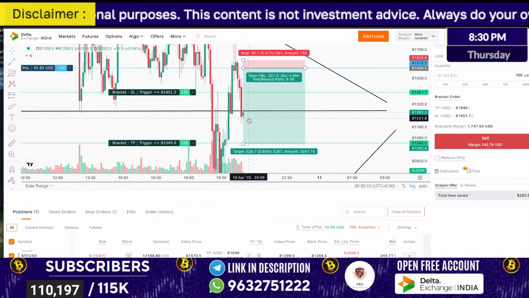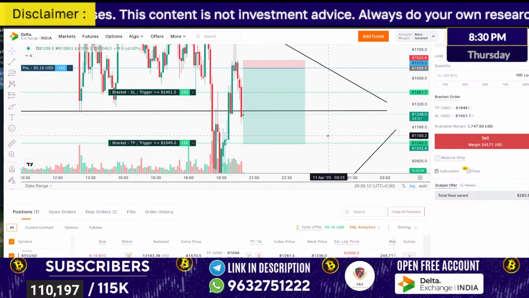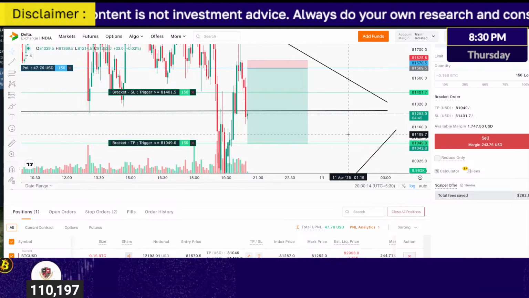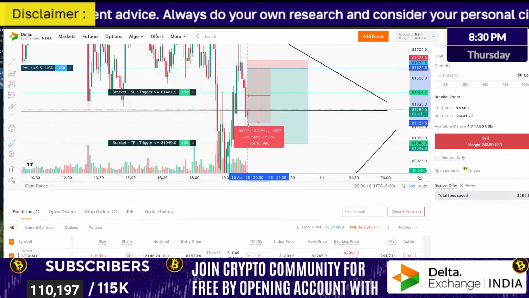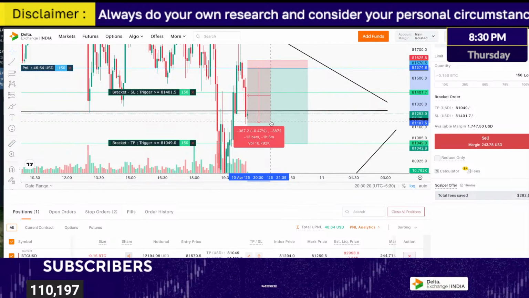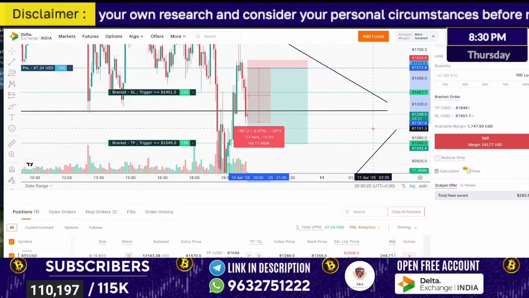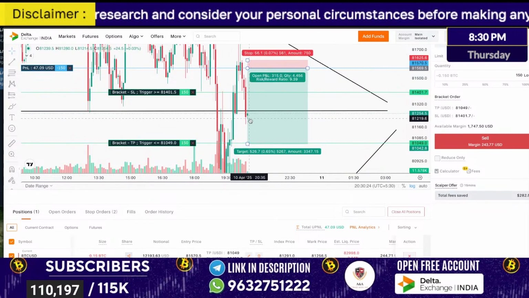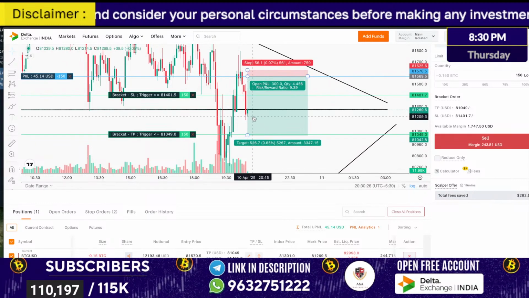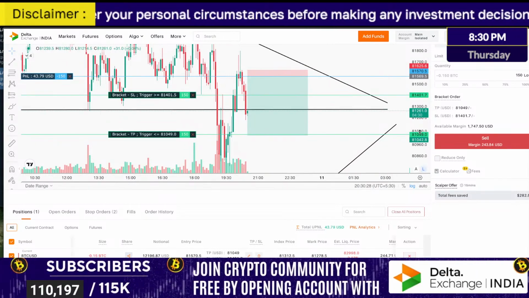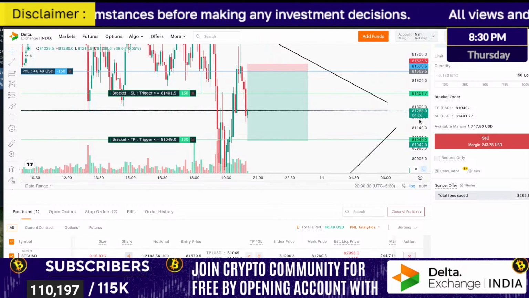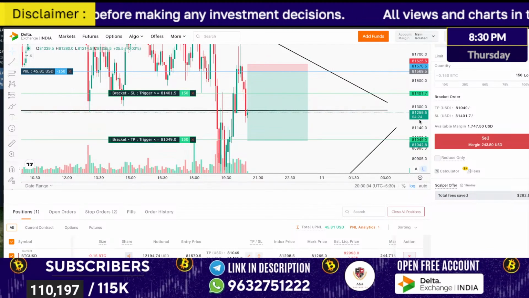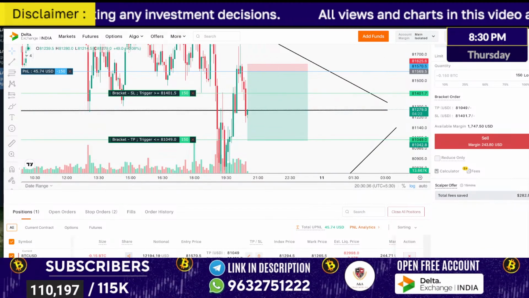Who wants to exit, you exit. Who wants to hold, you hold. My job was to tell you about the risks involved. To a certain extent, I've reduced your risk. I'm telling you about a profitable area where you can exit, book the profit and go. You want to do that? Do that. What is this market doing?